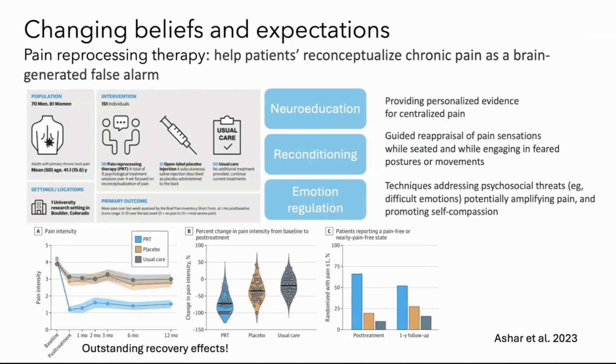I also want to say that we don't necessarily need to employ these more invasive or non-invasive brain stimulation techniques. There has actually been quite a lot of success at trying to change these memories using, for instance, psychotherapy. This is a very recent example that had very significant results. In this study, they recruited patients with chronic back pain, and they were split into 3 groups. Either they received a psychological treatment that I'm going to describe in a little bit, or they received placebo, or they received their usual care.